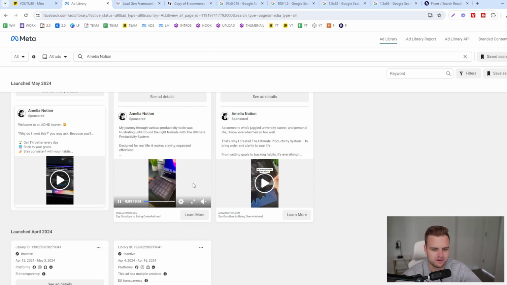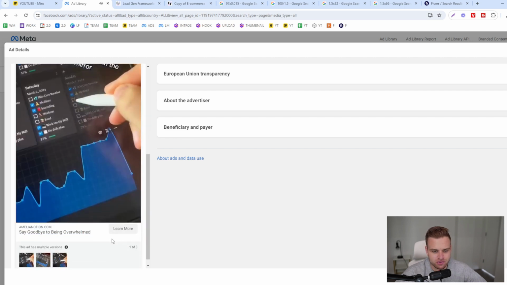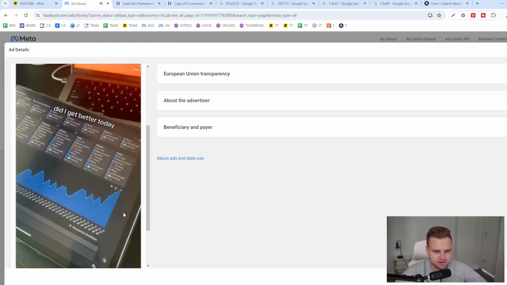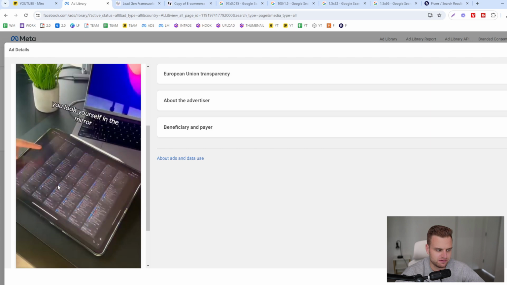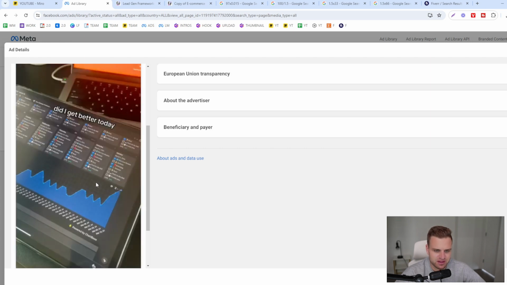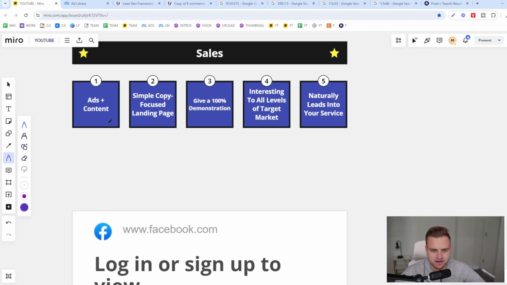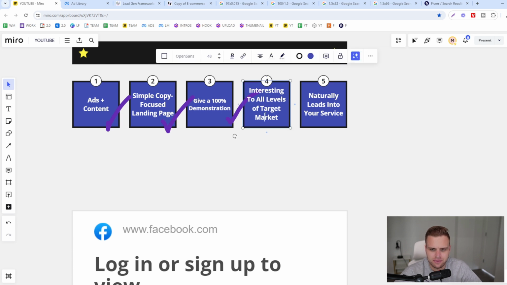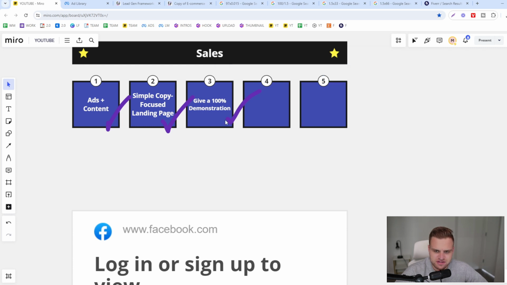And this is very important when you're selling info products, that they see what they're getting either in the ad or on the page or both, because that's going to increase your conversion rate by literally double. And this person does a pretty good job of showing what's going to happen and what they're going to get. So it's very, very important that you're selling it through ads and content on a simple copy-focused landing page, and you're giving them 100% demonstration. It's very, very important that you have all of those things in there. And in terms of selling it, those three things on their own are going to be the bulk of